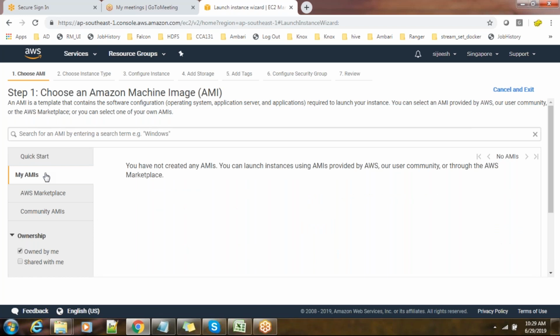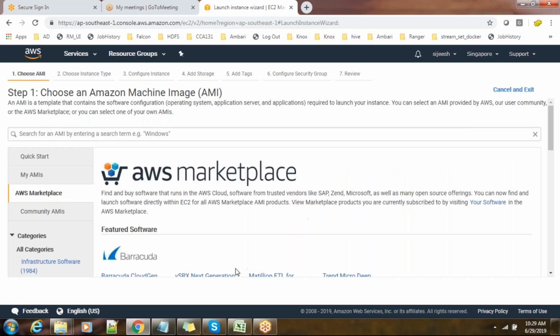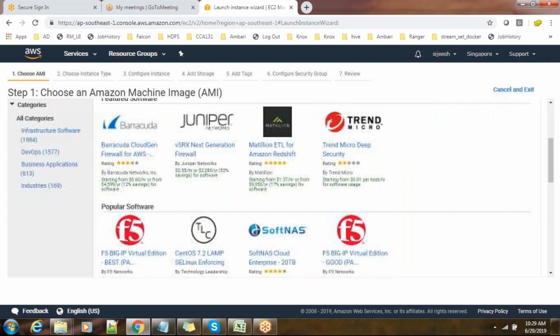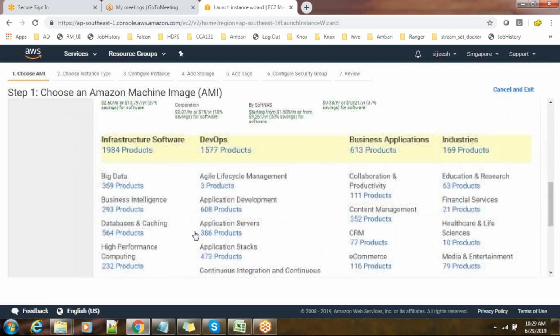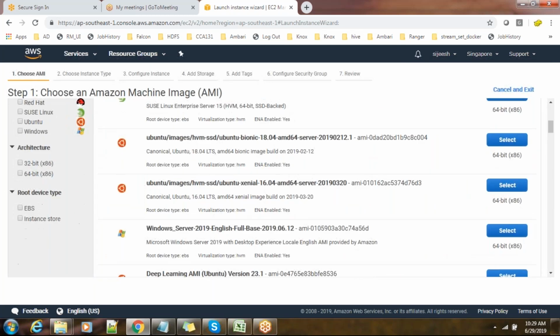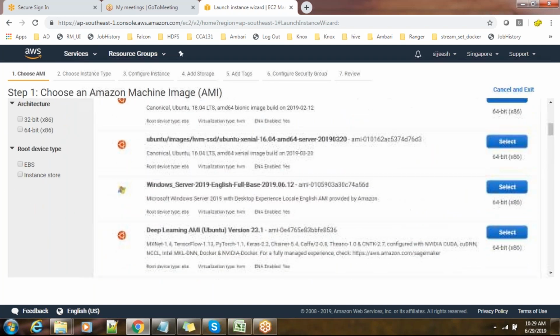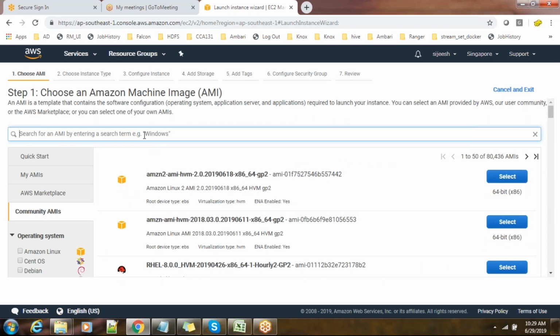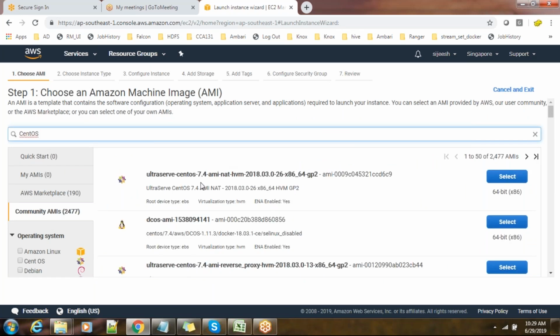If you have a custom AMI, you can customize this Amazon image using some scripts and tools. The Marketplace also has n number of machine images available, and we have community AMIs, which may be from different vendors or the community team. You can choose any VM here, like CentOS or RHEL 7.